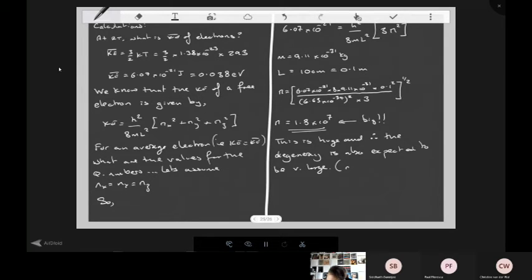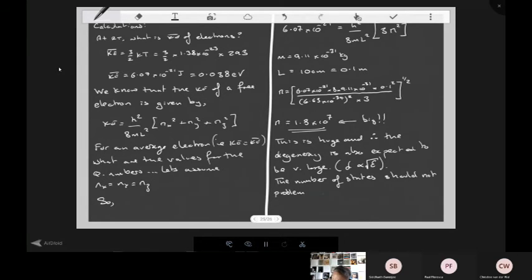Because remember, degeneracy is proportional to E rooted. The number of states should not produce